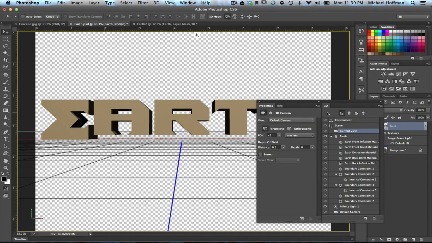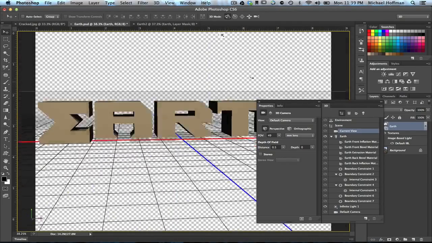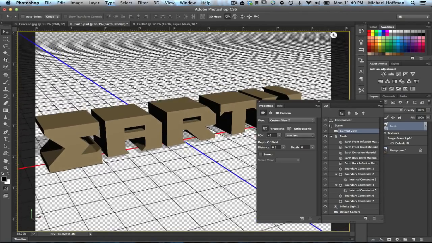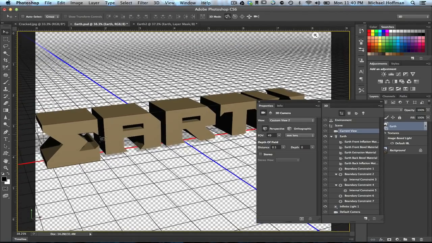In this case, we've got the 3D panel showing and the Properties panel showing. And we've got our text here, and we can spin this text around in 3D like so by using the Move tool with the options set to the 3D rotate mode. We'll just move this text around a little bit so that we can see it. And what we want to do is give this text a little more gritty of an appearance. So we started with the original color, and when we extruded the text, we got that color carried through. It's sort of a sandy brownish color, but we want to add some texture